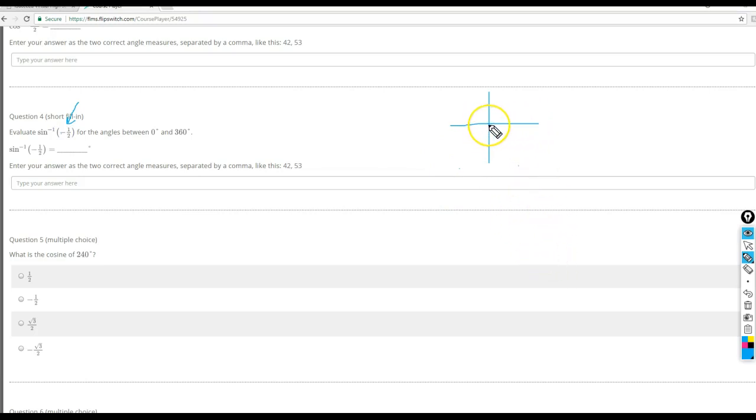So then I think back to myself, okay, the 30, 60, 90 triangle or reference angles are the ones that have 1/2 in them. So if I were to just sketch these points, this would be a 30 degree reference angle, or it would be 210, 30 and 180. So at 210 degrees,